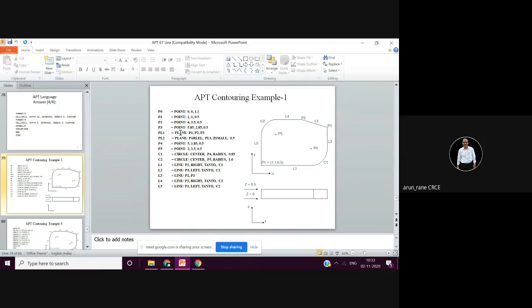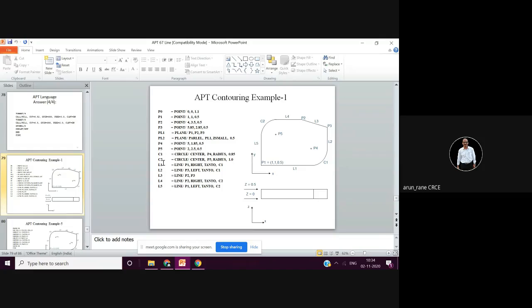So you have plane 1, it is P2, P3, and you have plane P1, P2, P3. They are at a height of 0.5. That means plane 1 will be here and plane 2 will be parallel to plane 1 at a smaller z, that is this side, and at a distance of 0.5. So this is what your plane 2 is.